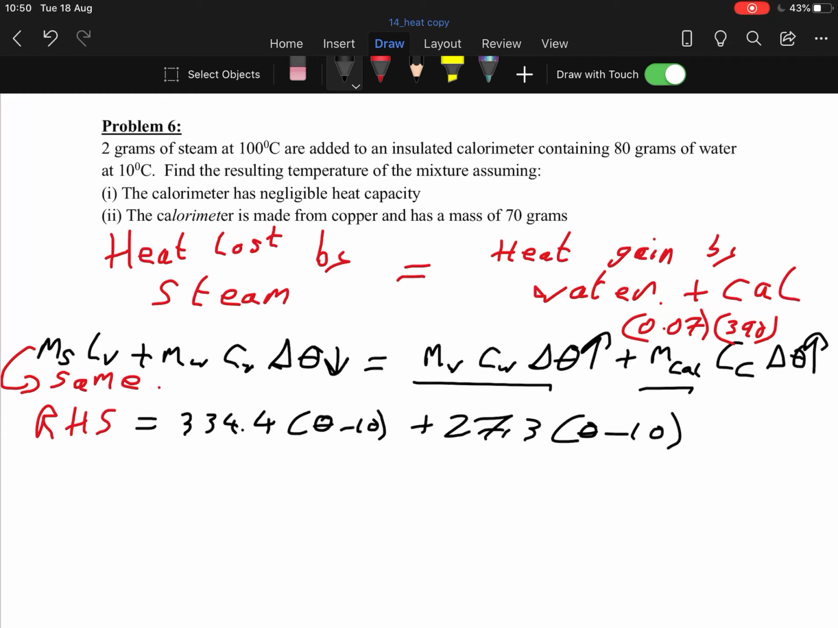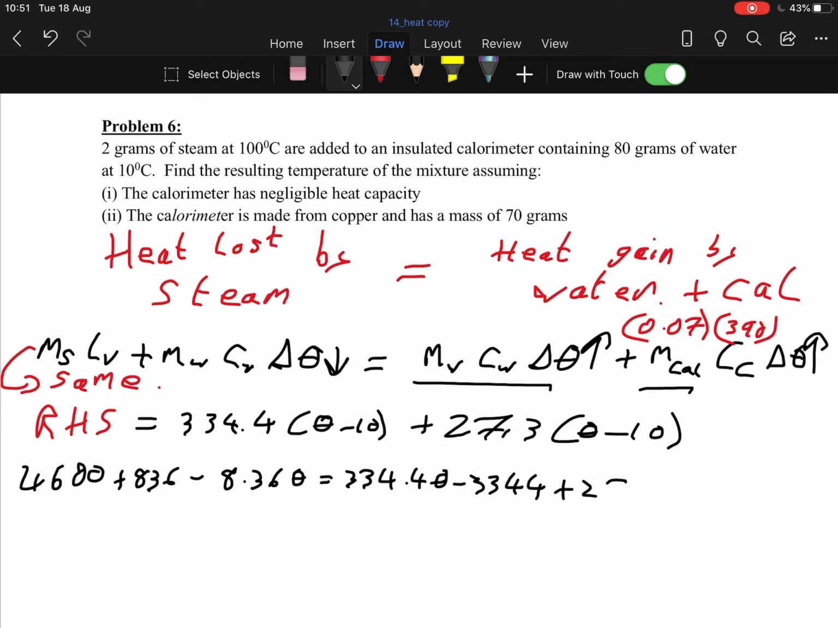Now I'm going to bring back in the left-hand side. So what did we have on the left-hand side? We ended up with 4600 plus 836 minus 8.36 theta equals 334.4 theta minus 3344 plus 27.3 theta minus